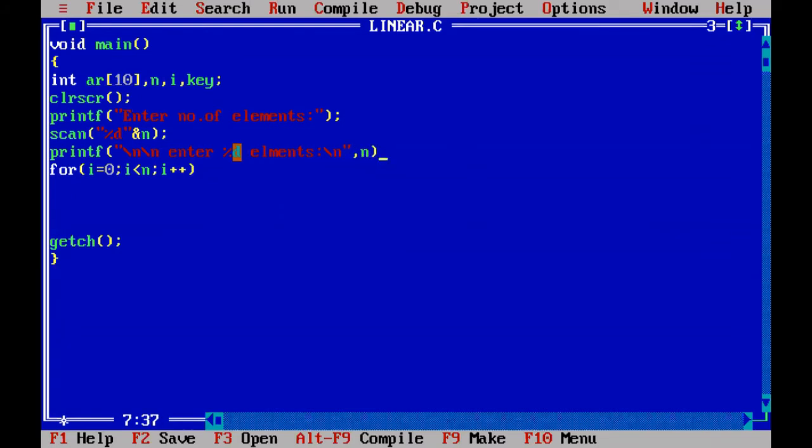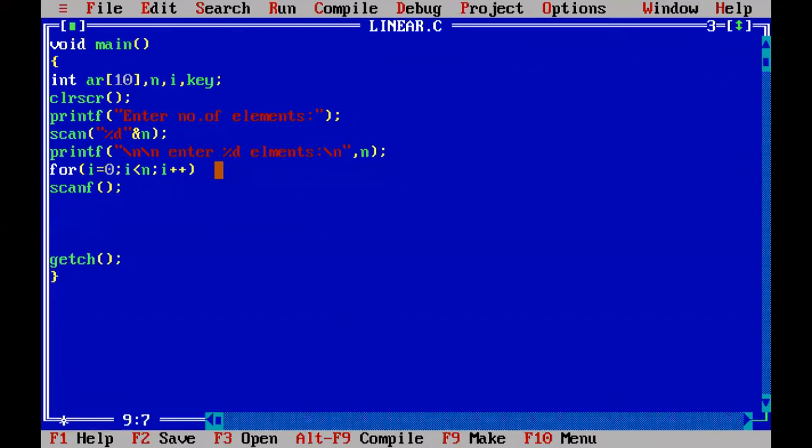So what will be printed on the monitor? Enter number of elements. He will enter 9, so immediately ask him to enter 9 elements, so that he will keep on entering one element for each repetition of the for loop. So 0 to 8, total we are going to read the 9 elements.